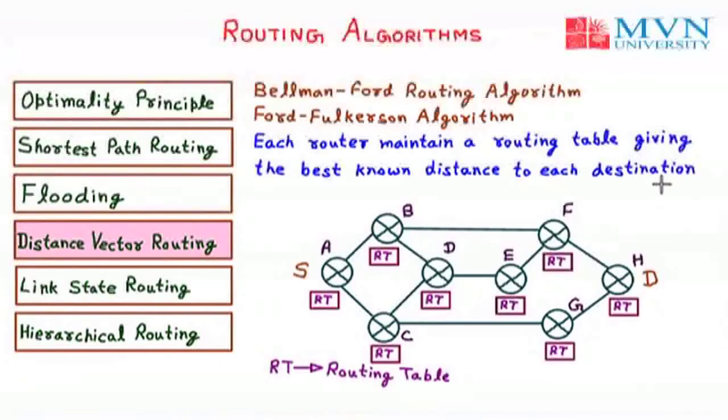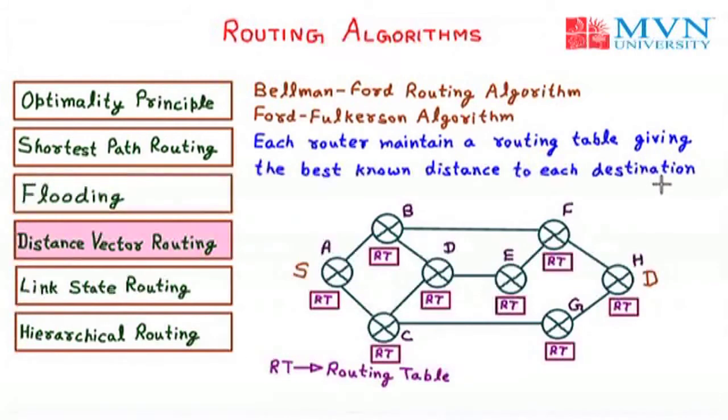So in distance vector routing, each router maintains a routing table indexed by, and containing one entry for, each router in the subnet. Each router's table provides the best distance to the destination. Each entry in the routing table contains two parts: the preferred outgoing line to use for that destination, and an estimate of the time or distance to the destination. The router is assumed to know the distance to each of its neighbors.